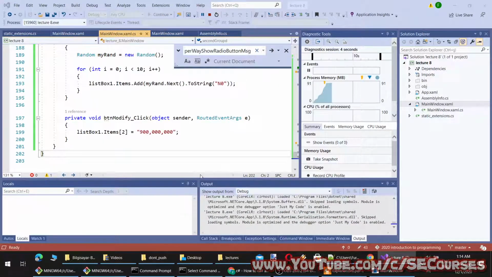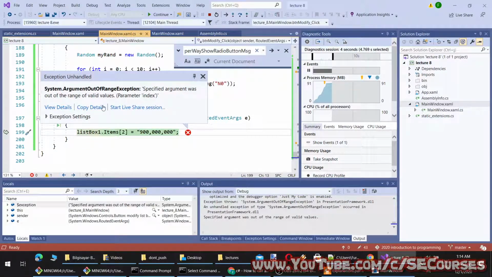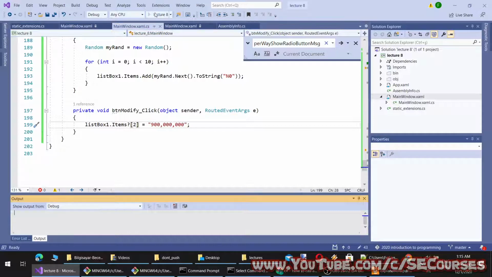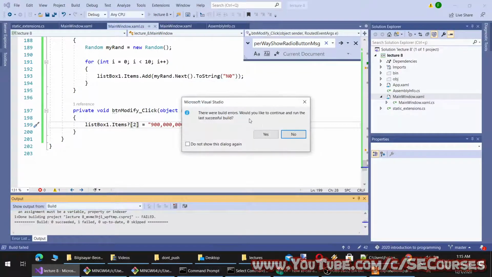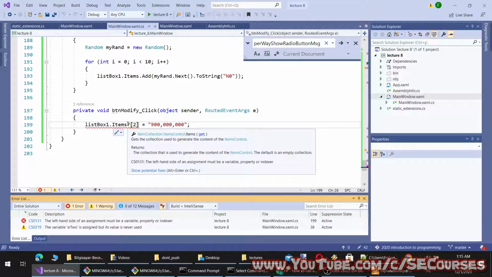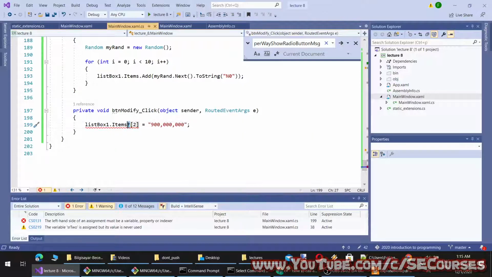If I click this, I will get an error that the specified argument was out of range of valid values because the items list is empty. How can I fix that? I can make a null check like this, and now it should work. Let's try it. Maybe like this. Oh no, I can't use it.